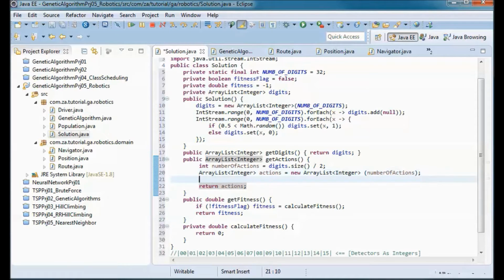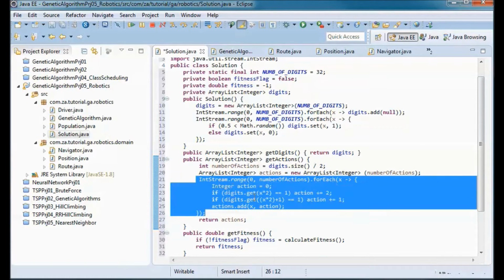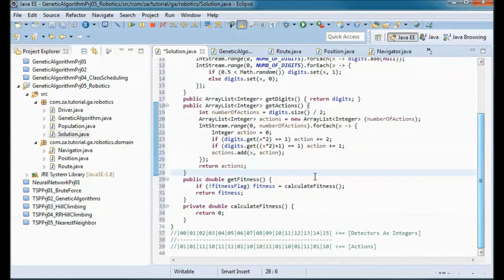But before doing that, let's add the various integer actions here. So we end up with 16 possible actions in the array list that is returned.